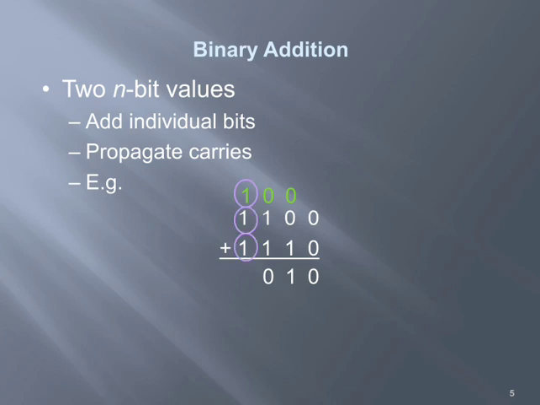After that, three ones will be added. Whenever you are considering three ones addition, in the decimal number system it will be 1 plus 1 plus 1, that is equal to 3. You need to convert that decimal 3 to binary, which is nothing but 11. In the case of 11, sum will be 1 as well as carry is also 1. So that's why you need to write two ones. So the result will be 11010. The last one happens to be the carry bit.